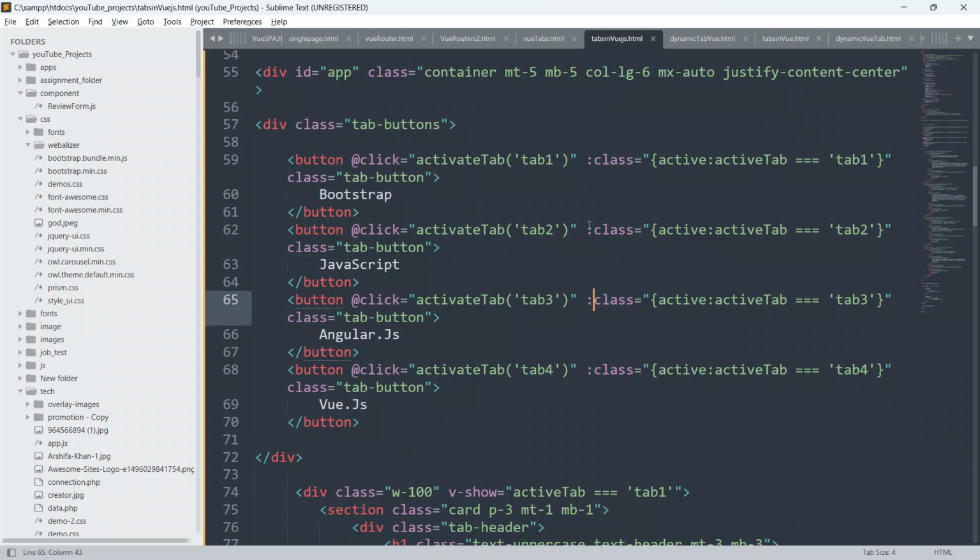As you can see here I have given the colon, which is the shorthand for v-bind. And here we are applying the active class dynamically.